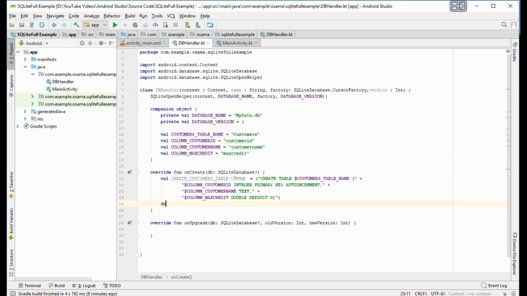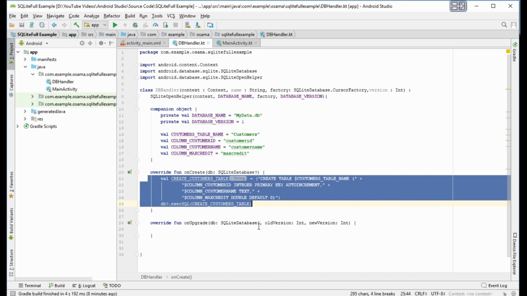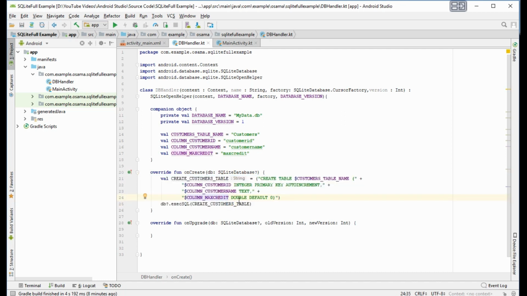Now db.execSQL create customer table. Here we will put a question mark for null value. Now when we install the application the first time on the mobile, it will run this sentence, okay, and will create the table and the database.